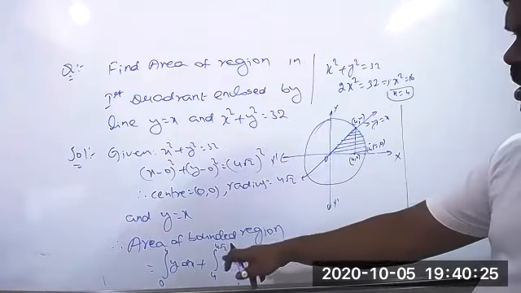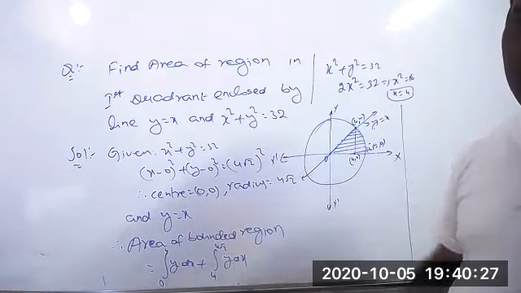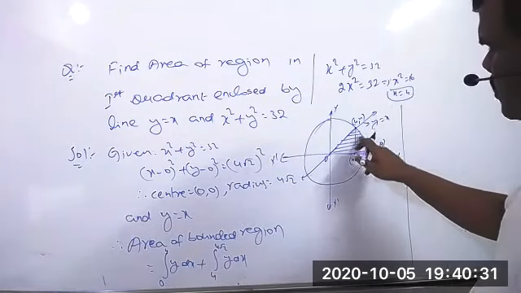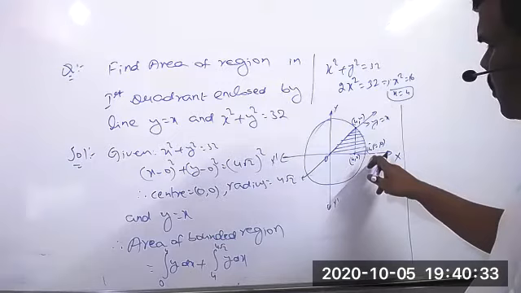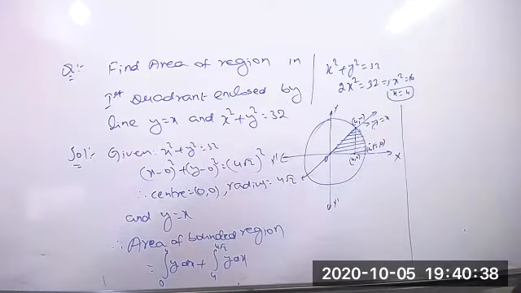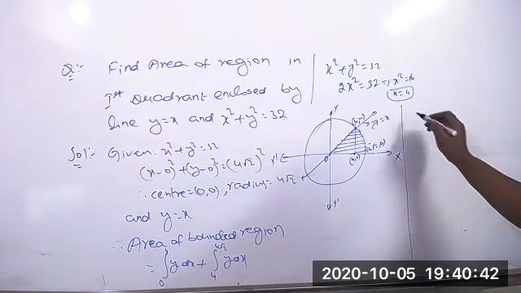So what is the line equation here now? y equal to x, we already got. Plus the area of the second region. For this one, what are the limits here now? 4 to 4 root 2 are the limits, and for the circle we have to take. Understood now? Area of the first part plus area of the second part. Now both you can substitute in there.